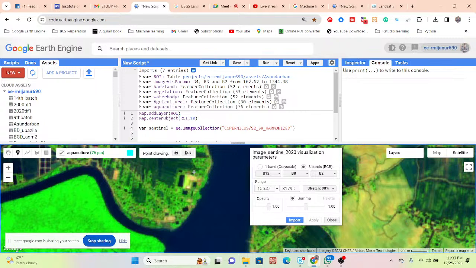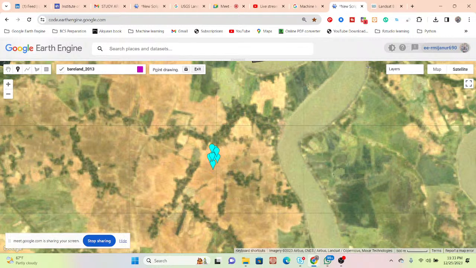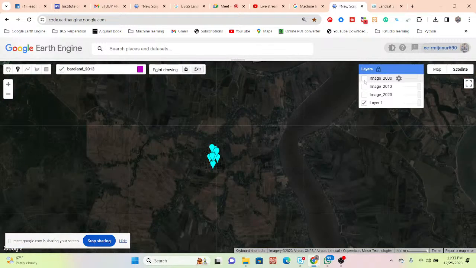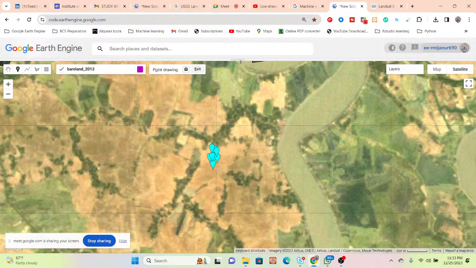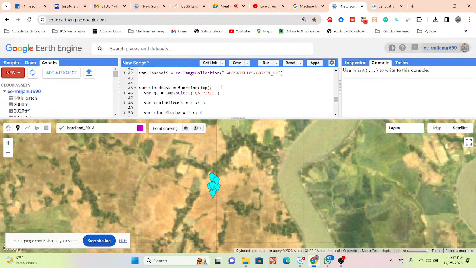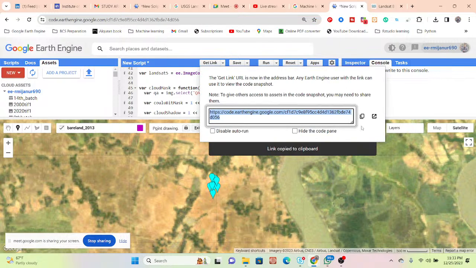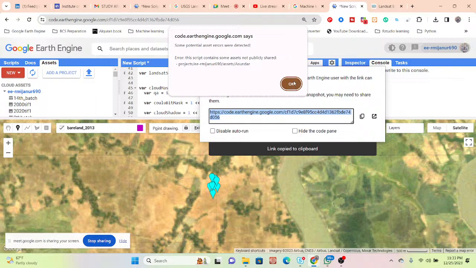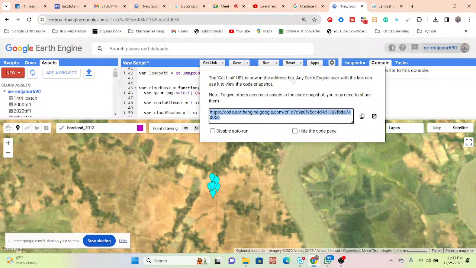So you just try to follow these things. I already took the training sample for the Sentinel, so this time we don't need that. You are just taking the training sample for Landsat, all of those images. Same approach. After doing that, simply click on the get link button. You can see the get link button, click to copy, and then send me the link. Then for further work I will meet with you and make the final, and also check the accuracy, all of those things.